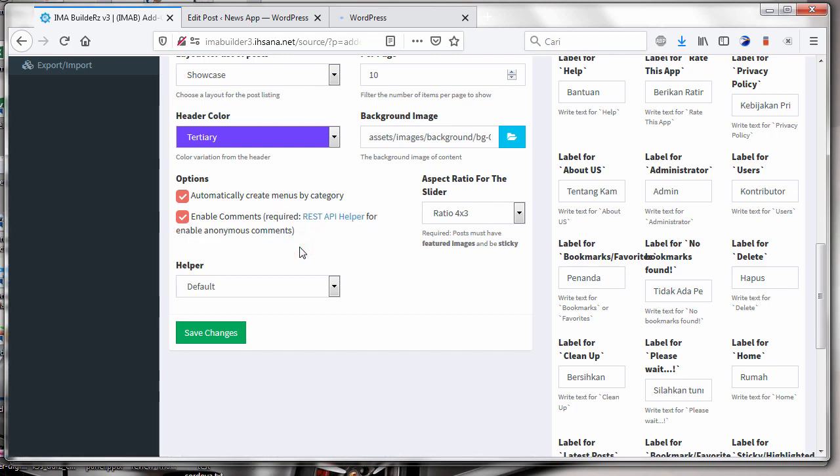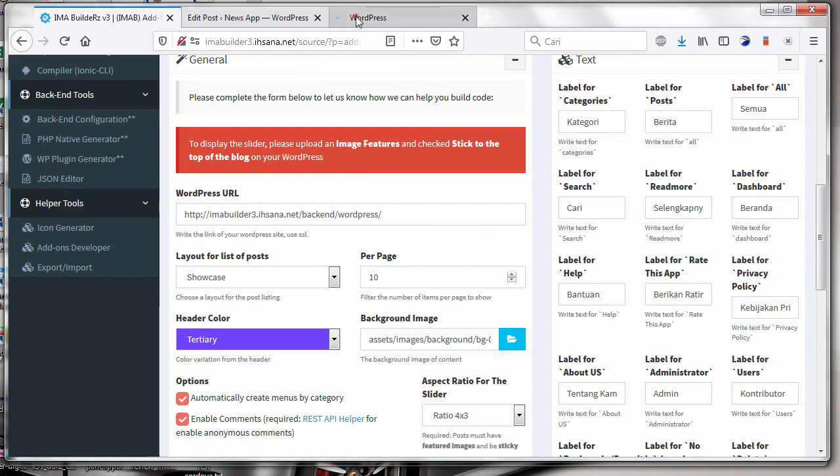This is required for the REST API Helper plugin to enable anonymous comments.